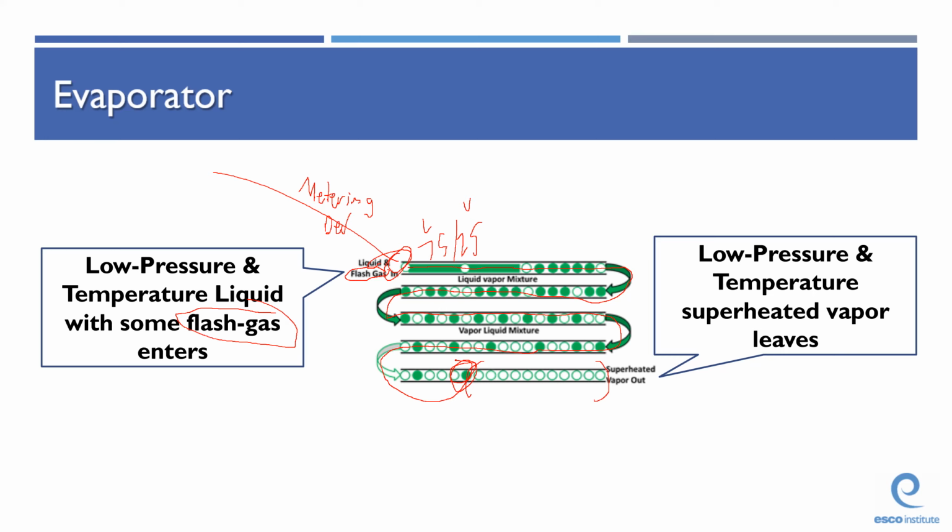Now, I don't like the way they've depicted this particular evaporator. What I want to do is flip it over and show you that in all evaporators, the vapor comes out of the top of it. It has to be the top, because if it's not the top, then liquid can just sort of run out of it into the suction line. So we need to take it off the top of our evaporator so that we get nothing but vapor out of it. But once it hits this point where there is no liquid left,